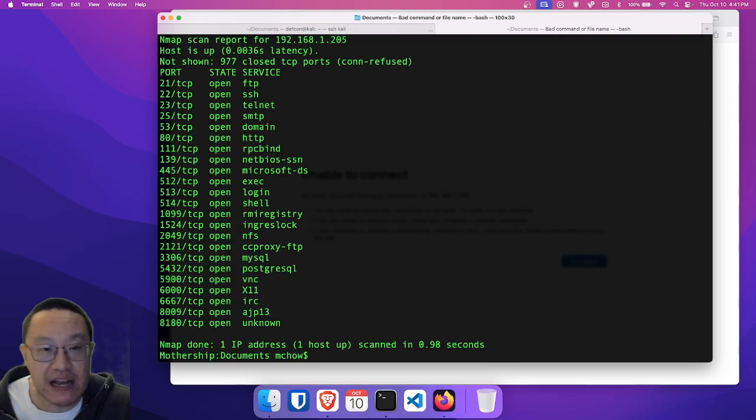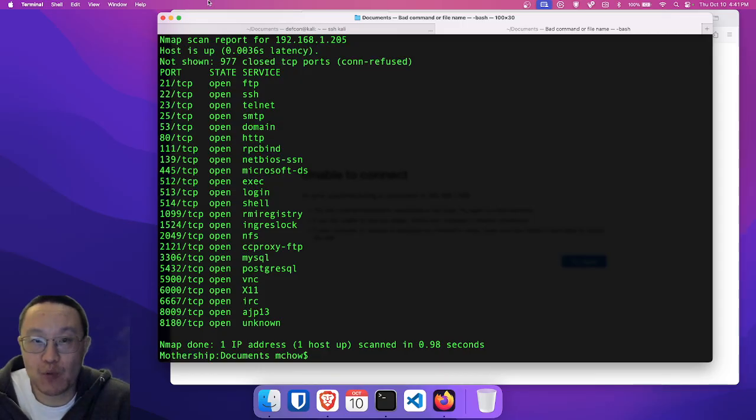Yeah. I can't get the HTTP port running. Interesting. So at any rate, I have this instance of Metasploitable running on my network at home. And this is deliberately vulnerable. You can see a lot of different services that are up and running. Not sure why HTTP is